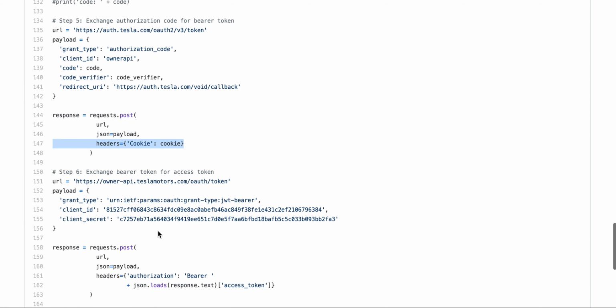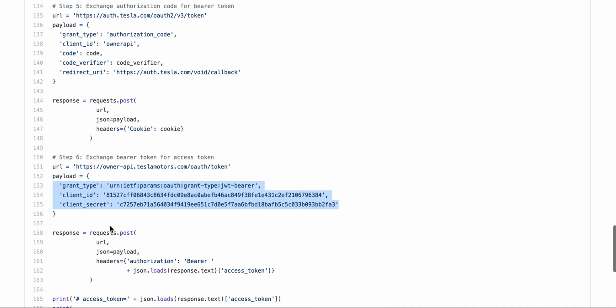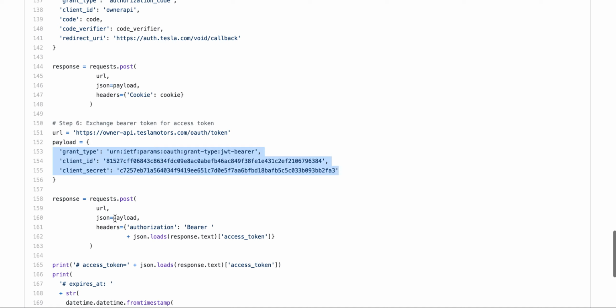And then the very last step is you exchange that bearer token for the access token. And so this very final step, you call this URL with this payload. These are posted pretty universally. You can Google it, but I think somebody reverse engineered these values from an app somewhere, and so these are the values you have to pass in to this URL. So you again send another post with the JSON, and this time the header, you don't send the session cookie,